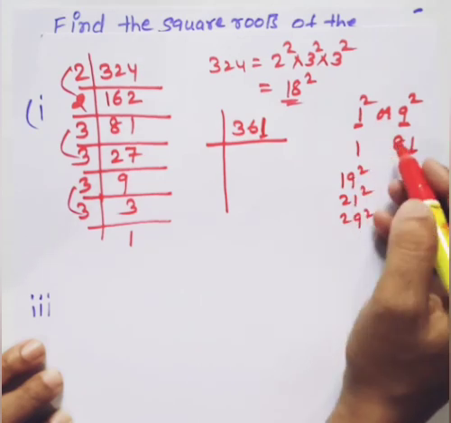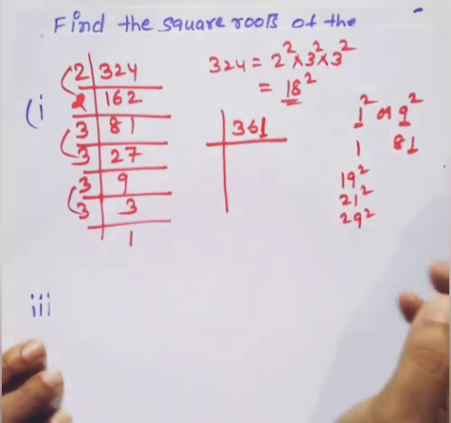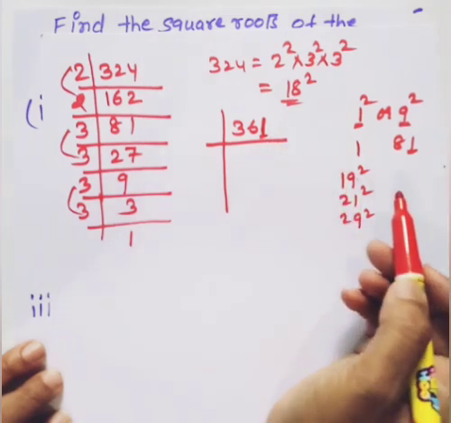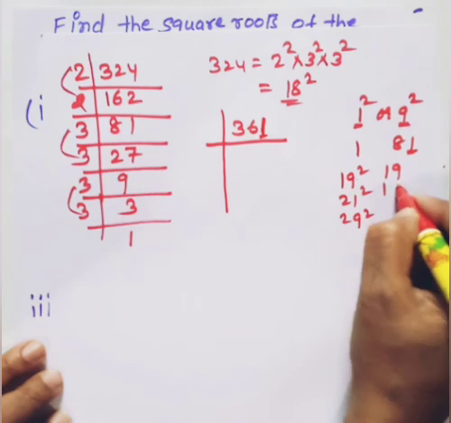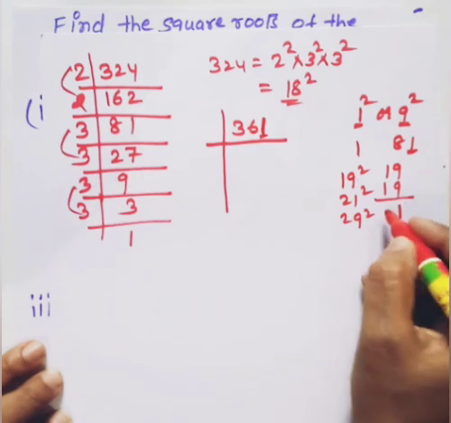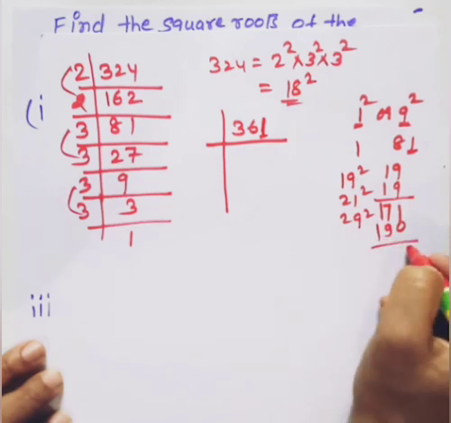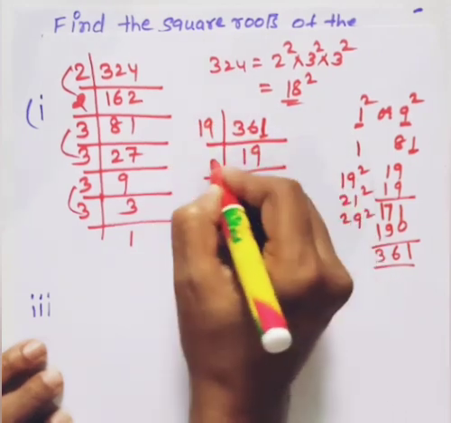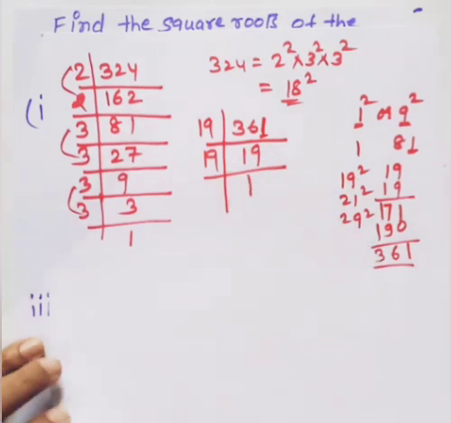19 square, let us see, because after 9 square it is 81, 11 square is 121, it will not be going, and see, 20 square is 400, so 361 is less than 20 square, so it may be 19 square. So let us see for 19 into 19, 9 9s are 81, 8, 9 1s are 9 and 8, how much is it? 17. Again 1 9s are 9 and 1 1s are 1. See, 1, 6 and 3, 361. So 19 19s are 361 and 19 ones are 19. So this 361 is coming to be 19 square.